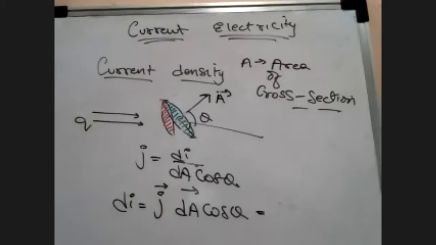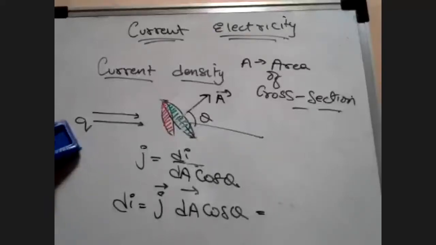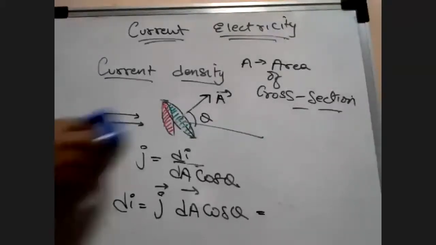So in the same way, why didn't we consider the angle in the case of when it was at 90° to the area? No, no, no, no. The area vector is not making 90° with the flow of the current. What I'm telling is, why didn't we consider the angle with the area vector which the electric field is making? We consider not the electric field, the current. Be specific. See, that's what I'm coming to.